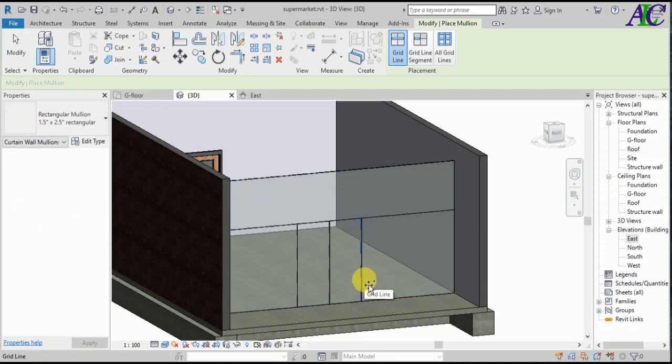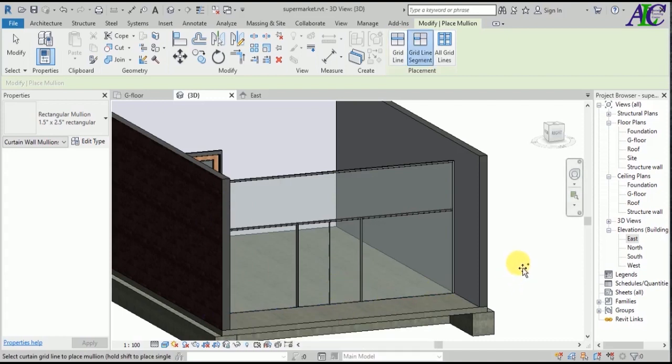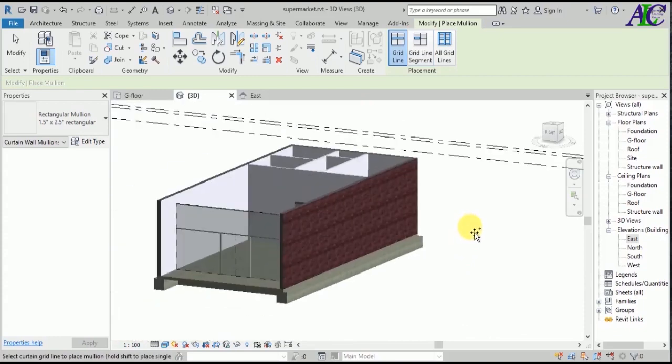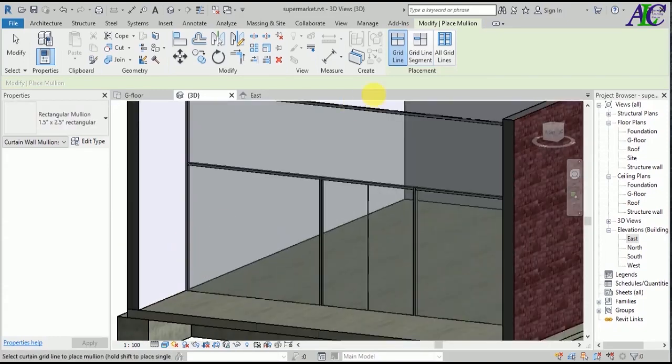So insert in here, and this one as well, and around all the glass we need a mullion. So let's go to the other side as well. Okay,